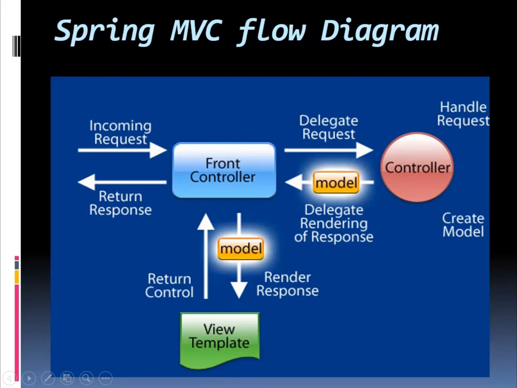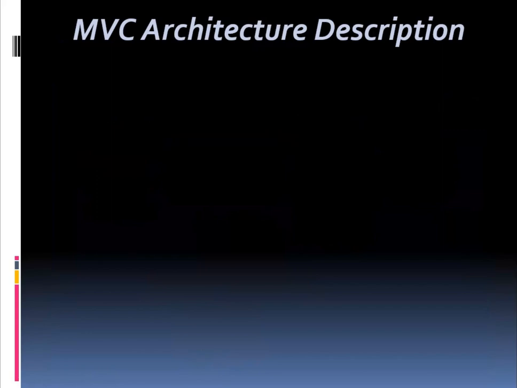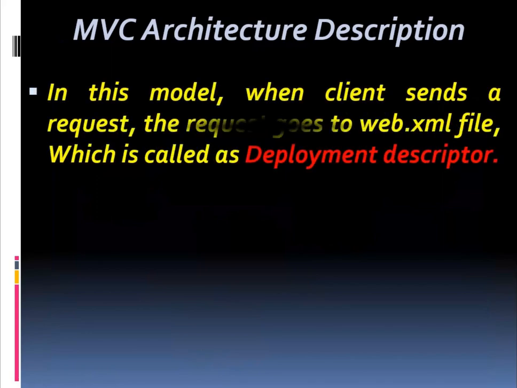And from that controller, the response goes to the end user. Okay, so this is the flow diagram of the Spring MVC architecture. This is the description we described, the MVC architecture description. In this MVC architecture, when the client sends a request, the request goes to